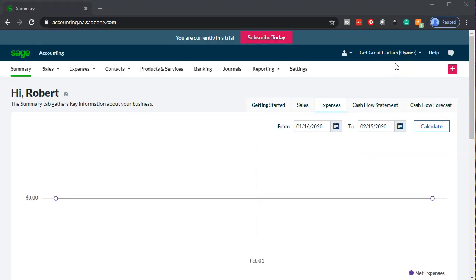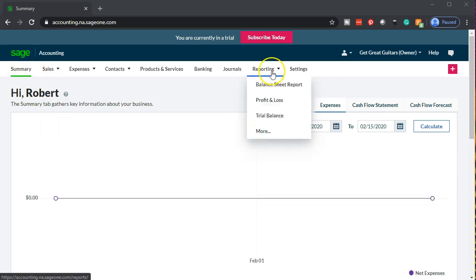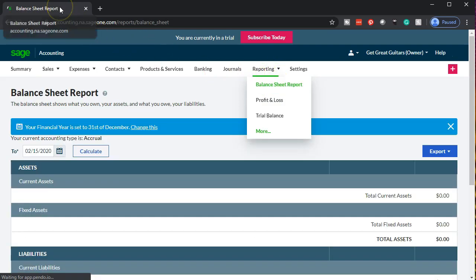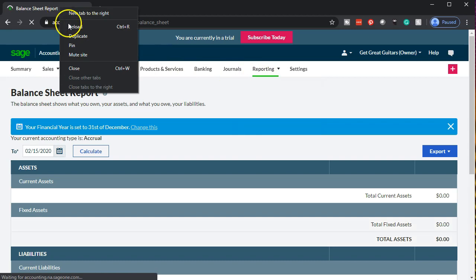Here we are in our Get Great Guitars Company summary page within Sage. We're going to be opening up our financial statements first by going to the reporting dropdown and opening up that balance sheet. Let's open up that balance sheet first. Once it opens, we're going to duplicate the tab by mousing over the tab up top, right-clicking on it, and